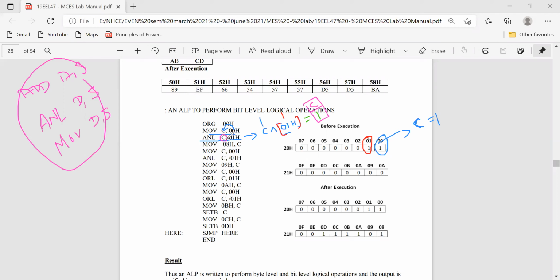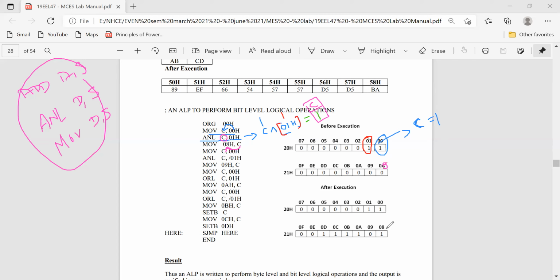Where should I store my result? I can store the data from carry to 80H, which is bit addressing. Where is this 80H? You can see that here, actually it is not 0A, it is 08. Keep in mind.